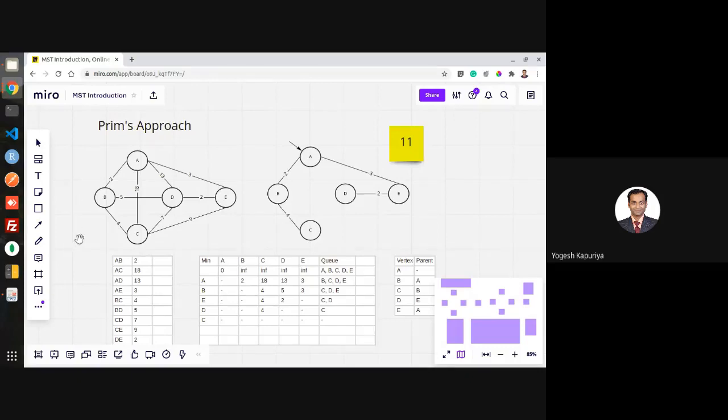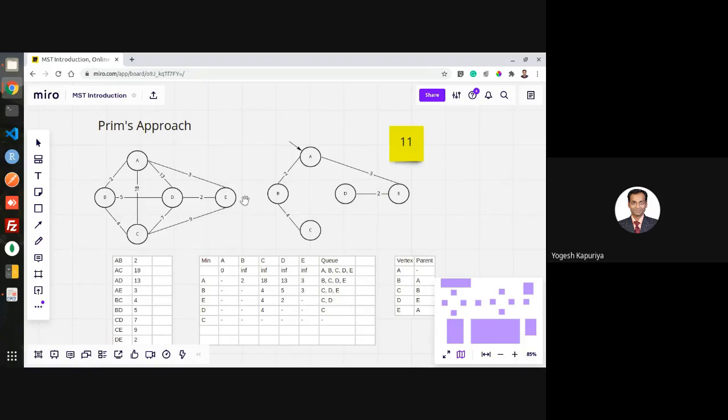As we know, this is not a simple graph, it's a weighted graph. Weighted graph means that every edge has some weight associated with it. Now just try to relate this with greedy algorithms. When I say I want to find the path between A and E, this is my problem statement. Now, what are the feasible solutions? The paths we have just discussed: AE, ADE, ADCE, ABCE, ABDE, ABCDE. So these are all feasible solutions.